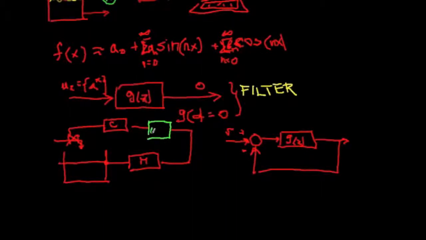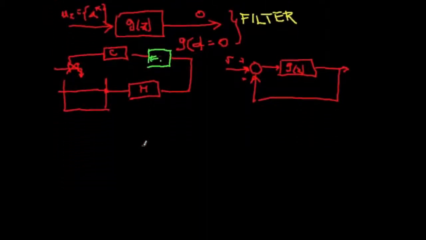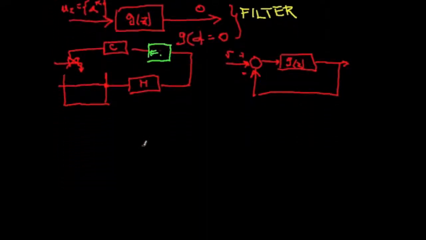We guarantee that we don't have a filter here. So we guarantee that we will not have a certain signal in a closed loop. So what does it mean? Let's say that the plant process is described as G of Z as Z over Z minus 0.2, and that we want the filter to block